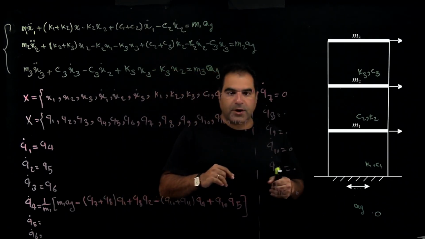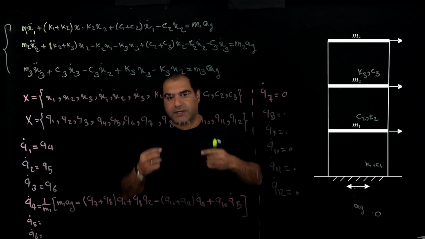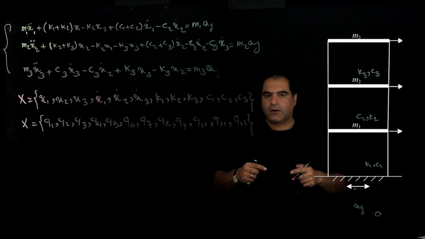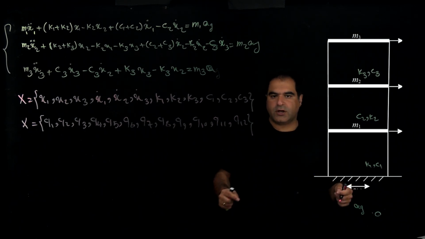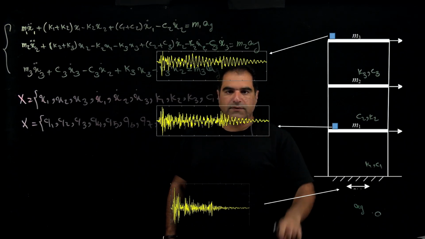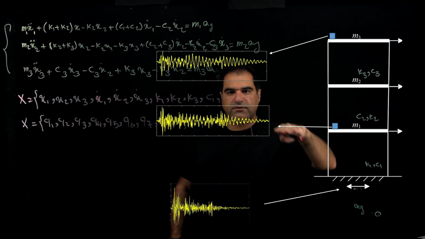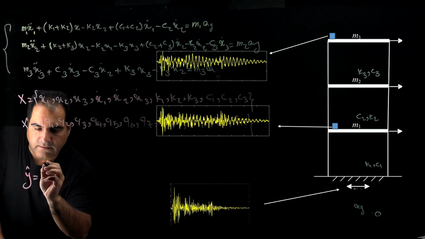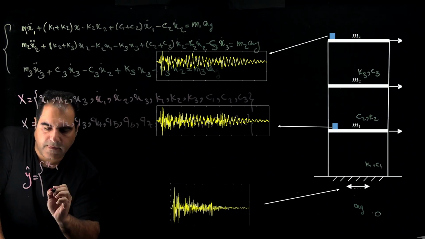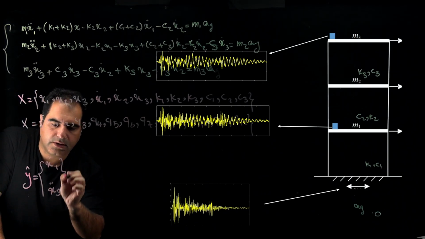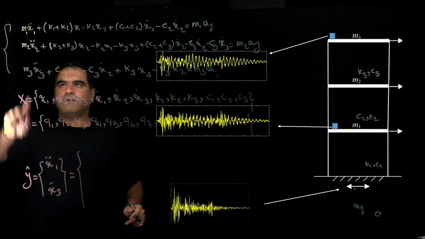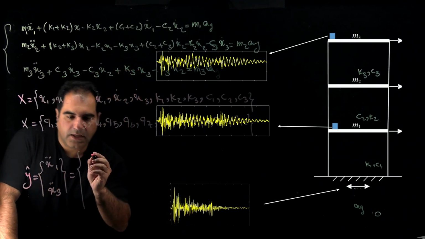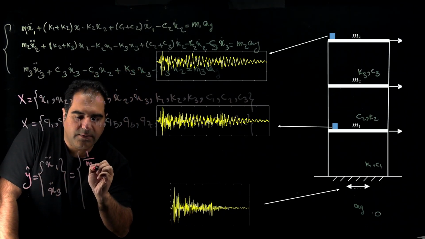Now I'm going to write the measurement function for you. I just showed you how to write the transition function in the continuous domain. Now I'm going to show you how to write the measurement function in the continuous domain. As I told you, we have the acceleration of the vibration in floor 1 and floor 3. Then the measurement function, y hat, will be x double dot 1, x double dot 3. We use the first equation and third equation and write them based on the state vector we have. Then it will be 1 over m1